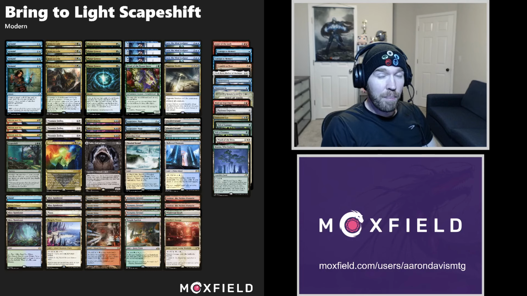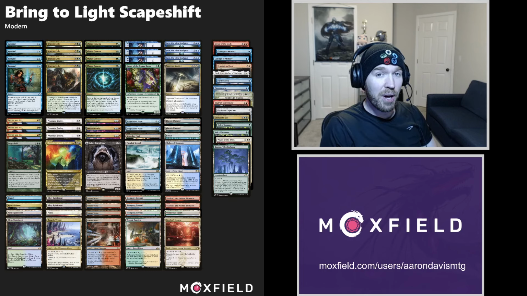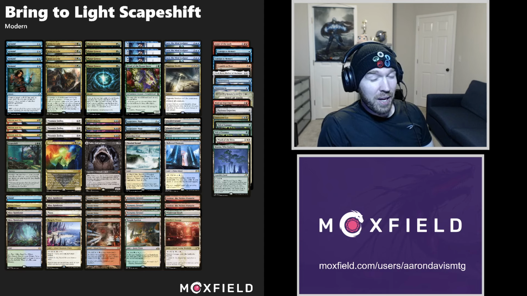The very first day that Modern Horizons 3 was legal, my local game store was holding their weekly Modern event. I decided to go take one of my personal old favorite decks, Bring to Light Scapeshift. It's not a deck that has seen a lot of play from me in a while, but I used to play it a long time ago in the old PTQ series and even got to the finals once. Didn't quite get there, but with some new cards from Modern Horizons 3, I wanted to give this a try